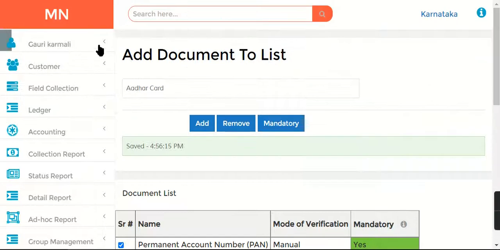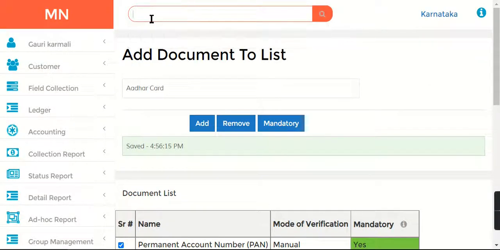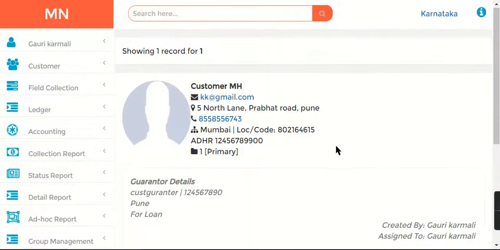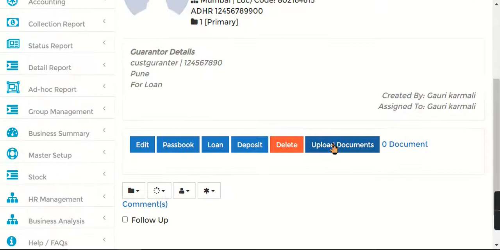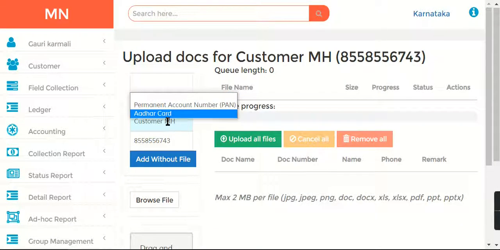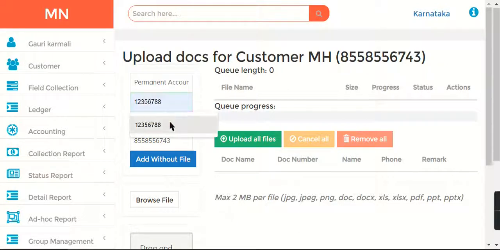Okay, now let's do something. Let's look for that customer again. Say I will F-1, I will search this, and now I'll try to upload documents. So see, you can see PAN and Aadhaar because we added it in document list. Now let me add PAN card. Say this is the PAN card.